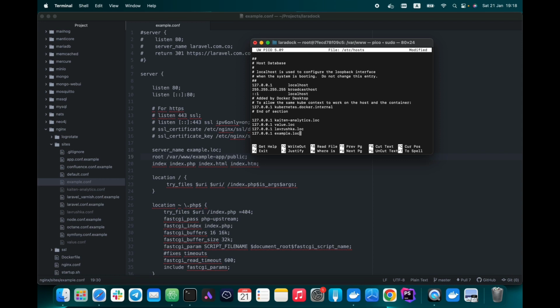Of course, you will need superuser privileges for this. The first part is your local IP address, and the second part is the host name of our new project.